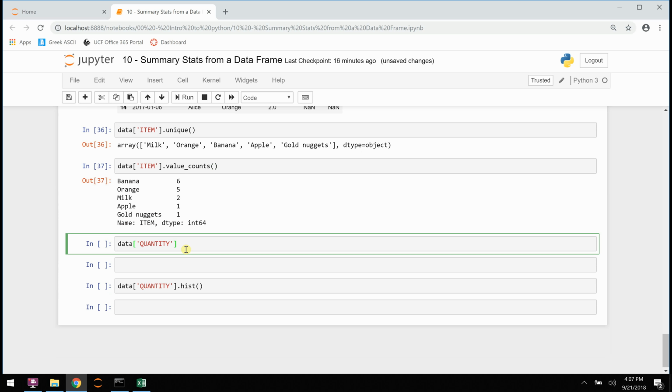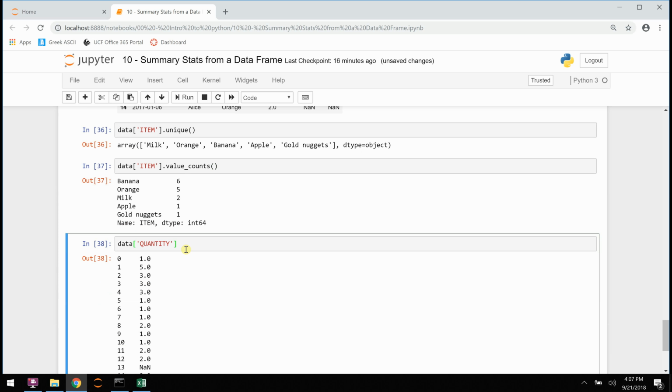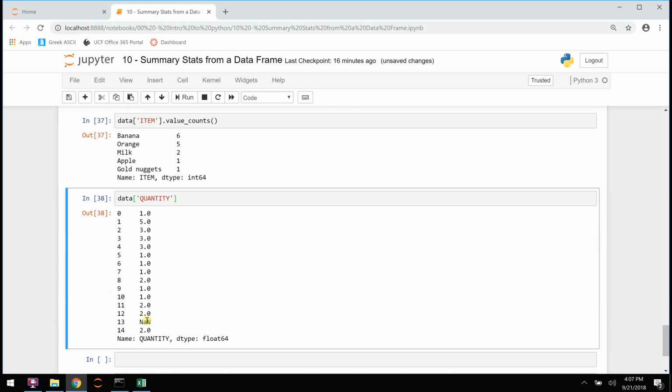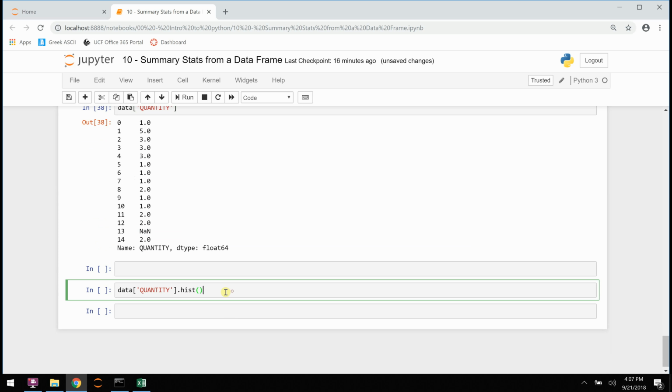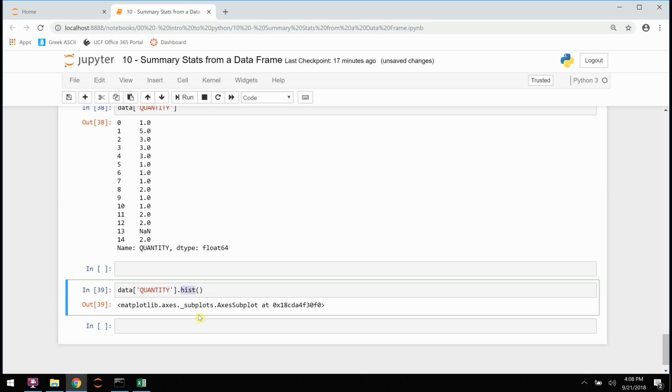Let's print out our quantity. You can see that our data has NaN in it still. It has 2s, 1s, 3s, and 5s, right? One of the nice things to do with discrete data, or even continuous data in some instances, is a quick histogram. Pandas uses matplotlib, but it has a quick little hist function that you can run. You tell it what data column you want. In this case we want quantity, and we want to perform a quick histogram on it. You'll see that it runs that,